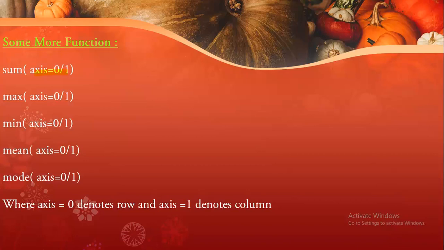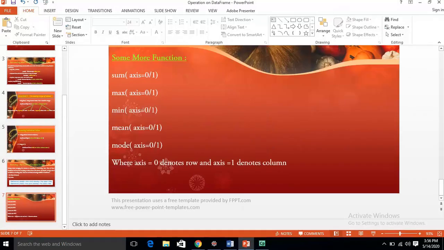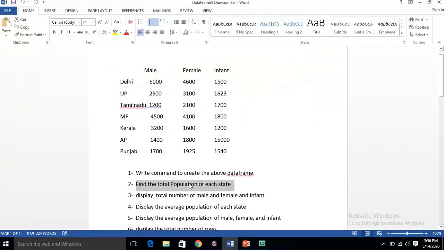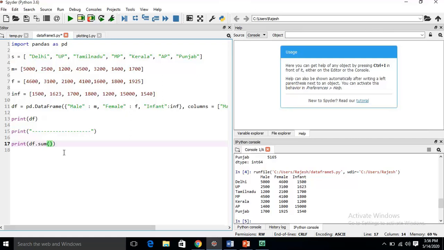So here in this question, I will use axis is equal to 1, so that I will get the population of Delhi, UP, Tamil Nadu separately. For this I have to add the data of these three columns.